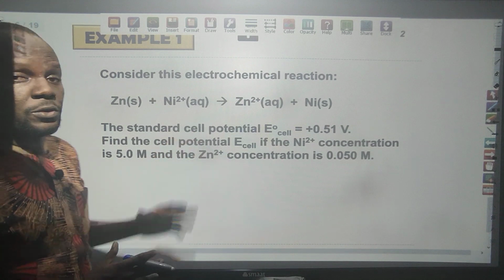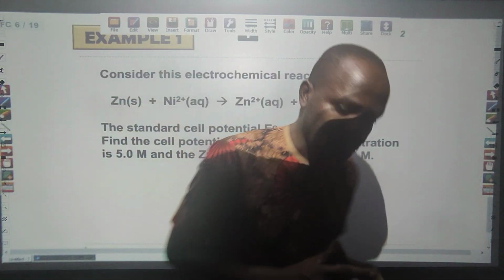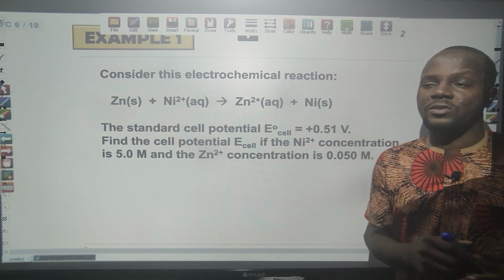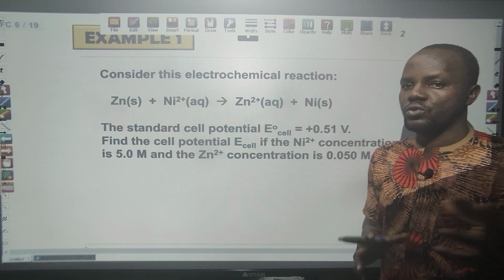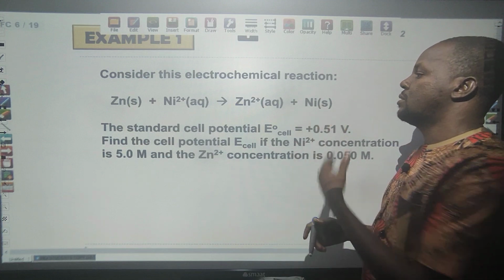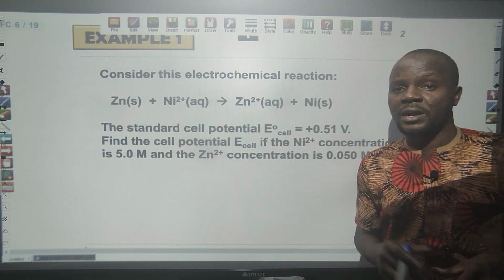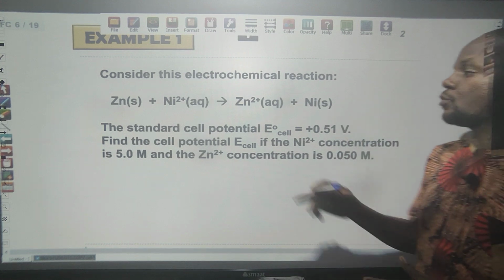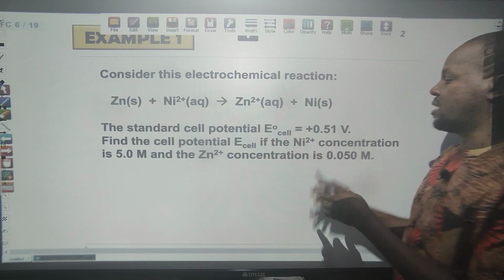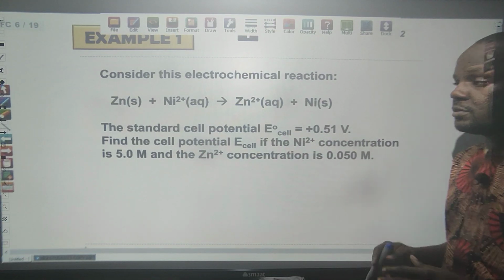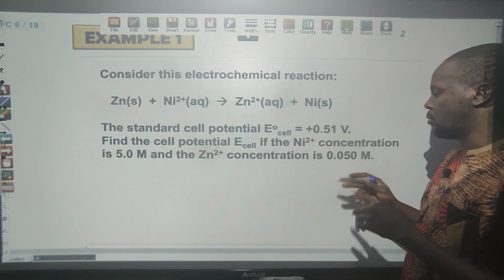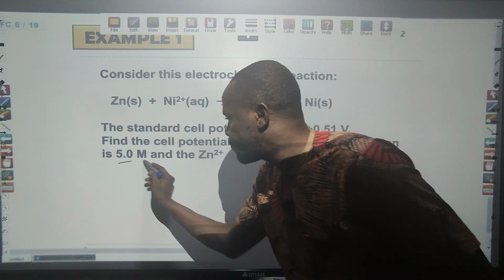Now, the first example I'm going to do is self-explanatory, and I'm not going to waste your time on this. The first example is that you have to consider the electrochemical reaction. Zinc is solid. You know what it means. Because it is solid, it's going to be at the anode. We've talked about that. Then nickel 2 plus is in the aqueous solution. That's the reduction part. You know that. Then it forms solid. So the first thing you do, because the question says the standard cell potential E0 is 0.51 volt. Find the cell potential E of the cell if the Ni2+ concentration is 5 moles